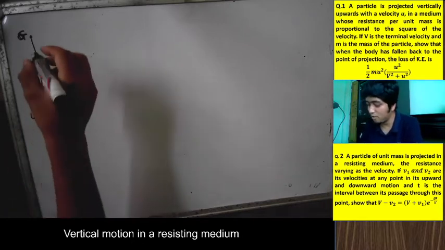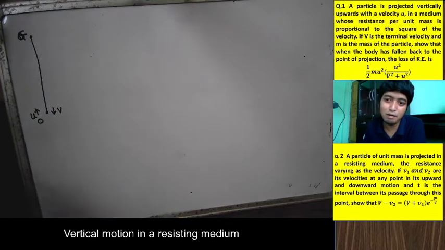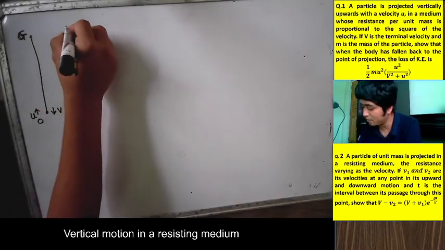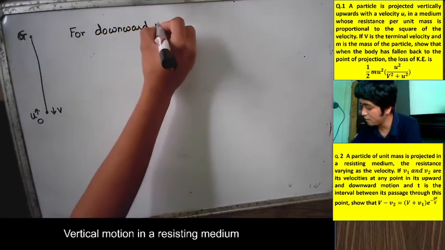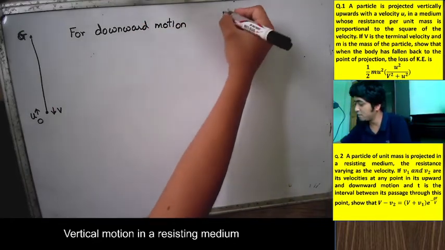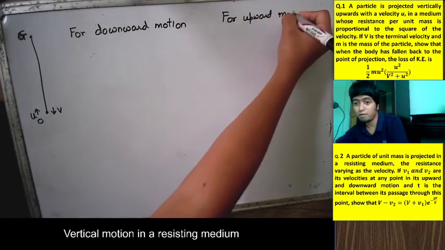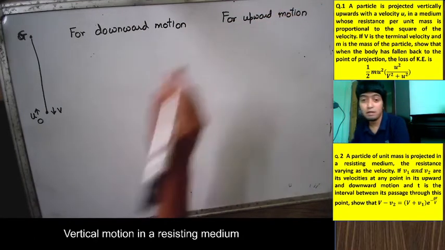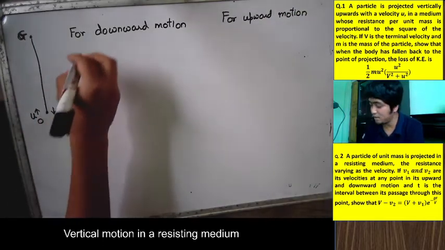So let's try. I will do the downward motion first and then the upward motion. Why will I be doing the downward motion first? Because we also have terminal velocity. So let's see. For downward motion, in fact, I can even do it side by side, so you will see what is happening. And for upward motion, the equation of motion is